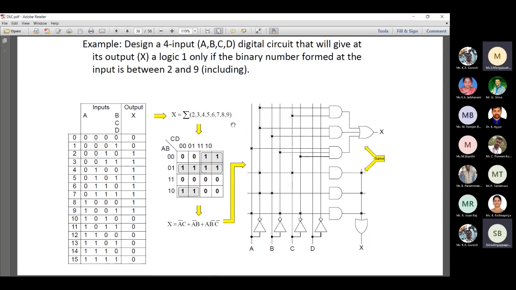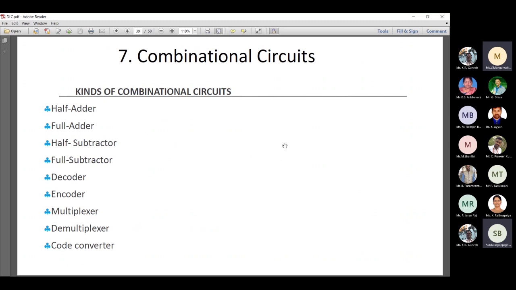And whenever you have these decimal numbers here, this K map is represented like 0 1 2 3 4 5 6 7 8 9 10 11 12 13 14 15. So wherever these numbers come, you write 1 there, right, and group them. And the final expression should be written in terms of a logical circuit. This is a logical circuit, or we also call it a combinational circuit, right?